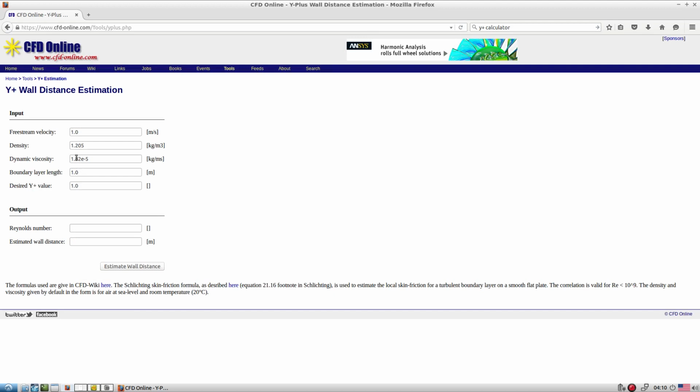Normally what we have to specify is the free stream velocity, density, dynamic viscosity, and boundary layer length. That means, let's say right now we are working with flow over a circular cylinder, so what is the characteristic length and what y plus value you are hoping for. Let's say we want to fix y plus equal to 30, then keep the 30 and estimate the wall distance. So based on this, it gives you exactly the Re.